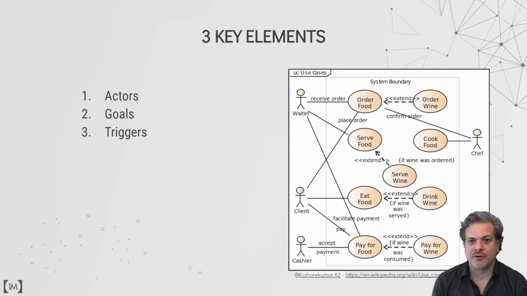The goals are really the things like cooking food or serving wine. And then there's triggers, things that make those things happen. So a waiter will receive an order, and that the goal was to order food. So there's those 3 key elements, and you can dive into more of those. There might be 4, 5, 6 by the time you're done reading about it, but really it boils down to